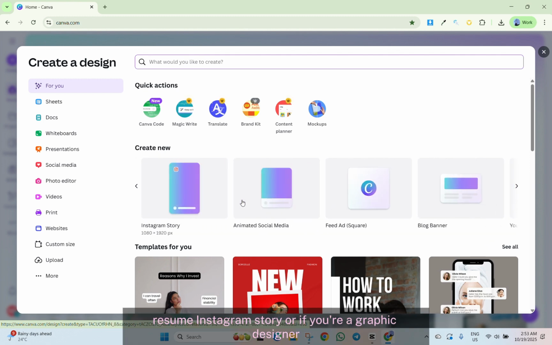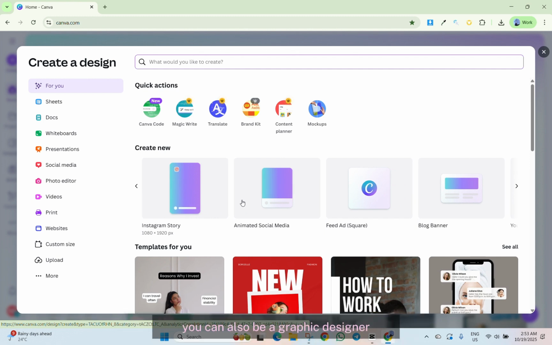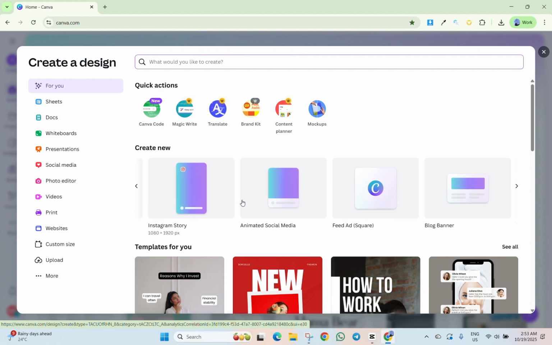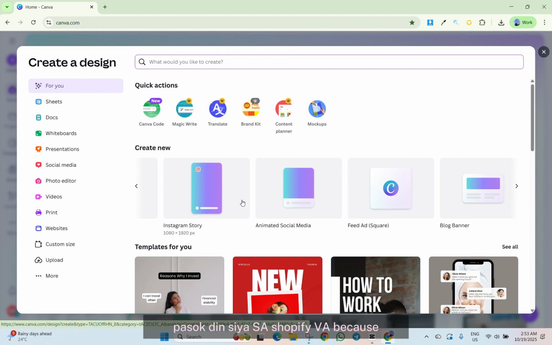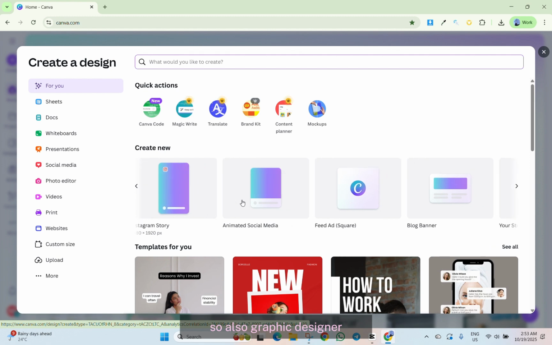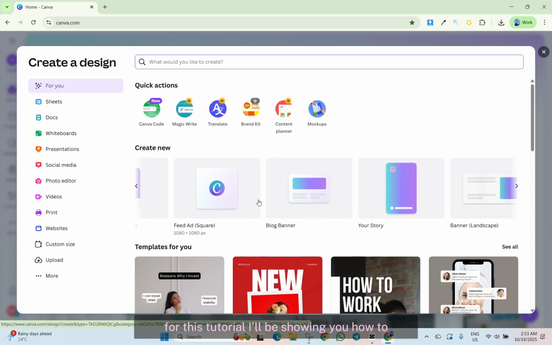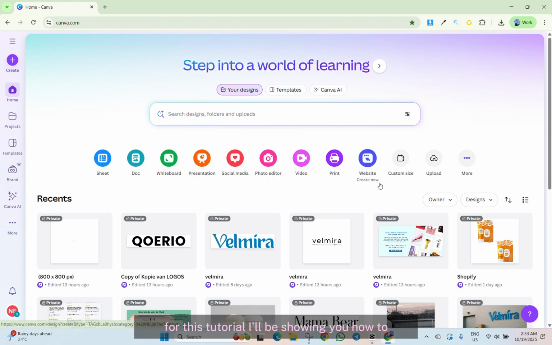If you're a graphic designer, you can also be a graphic designer. Pasok din siya sa Shopify VA because sometimes may mga hiring as an e-commerce VA na mga social media manager, so also graphic designer. And yeah, for this tutorial, I'll be showing you how to make a custom size.